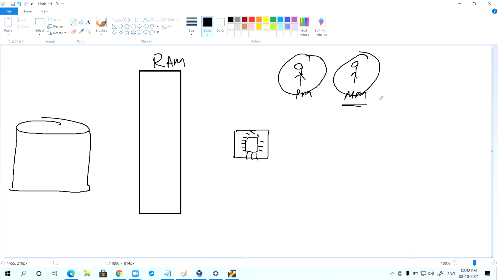If this point is clear, type C in the chat box. The memory manager needs to manage the RAM in such a way that it should not say there is no space for the upcoming process.